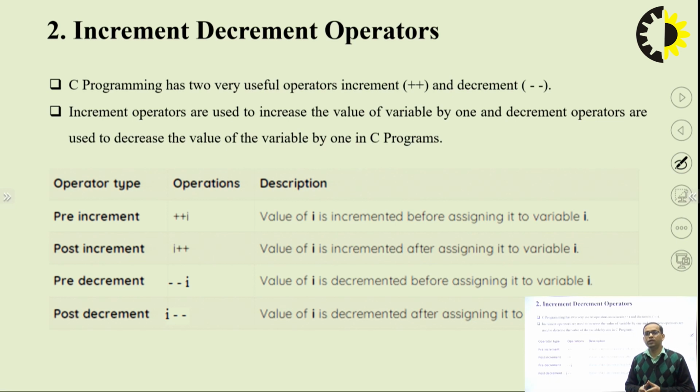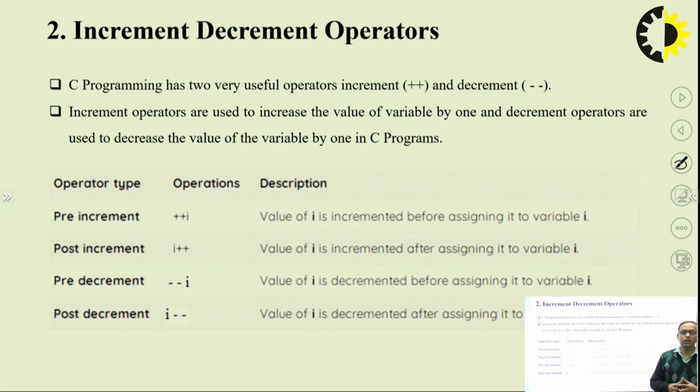What is the use of increment and decrement operators? They are basically used in looping, and they are also used in arrays. When we have to increase the value of an integer type variable by 1, we use the increment operator, and when we have to decrease the value of our variable by 1, we use the decrement operator.